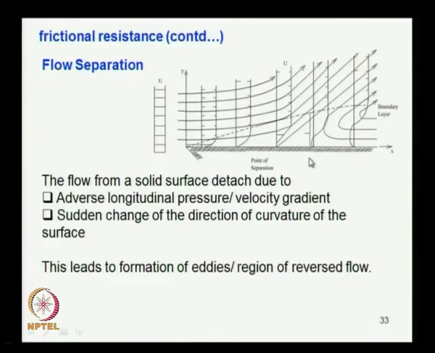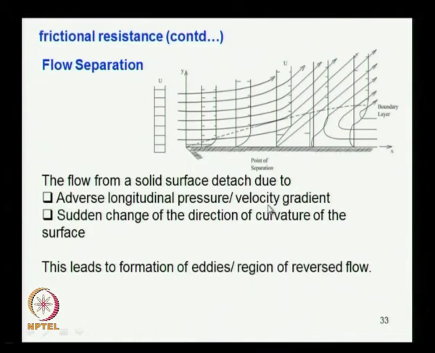So here the flow separates due to an adverse longitudinal pressure gradient, that is, you see that there is an adverse flow or velocity gradient. It can occur maybe due to a sudden change in the form of the body. If the flow is going across the body and all of a sudden the curvature of the body changes, then the flow separates. There also can be a sudden change in the velocity, or a sudden change in the pressure. So an adverse longitudinal pressure gradient results in flow separation. A sudden change of the direction of curvature of the surface, that is what I just explained, so a sudden change in the curvature also results in flow separation.